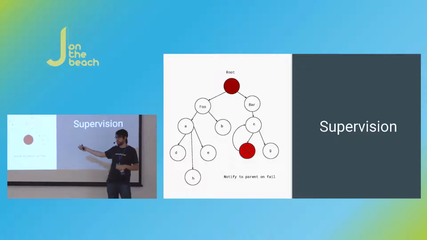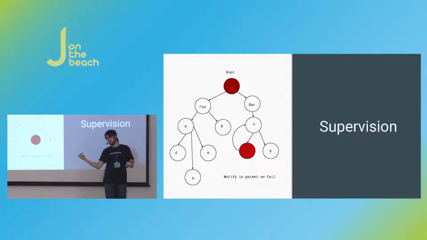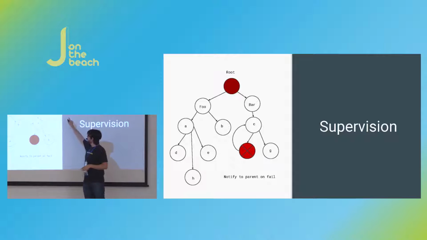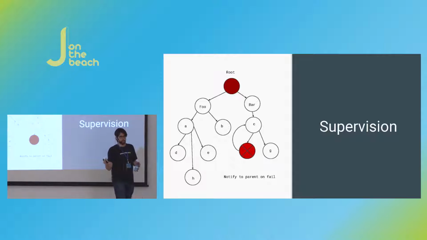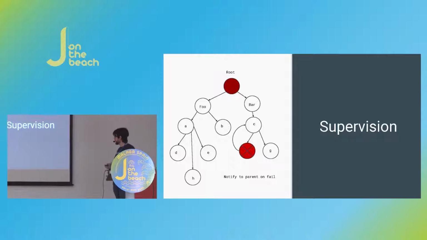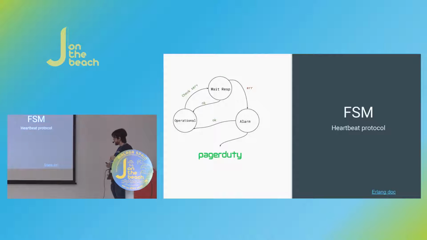So you can define a strategy. The parent defines a strategy on how to handle failure on that child node. For example, you can ignore the error, not really. You can retry up to n times, or you can fail itself, and another actor will take care of this. That's an interesting way of managing failure that is totally inherited from Erlang. And that's with the actor model. You can